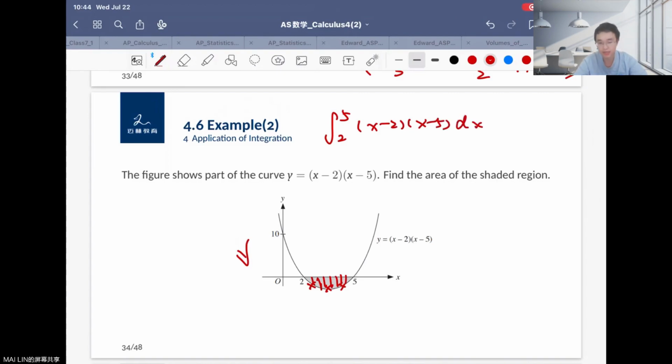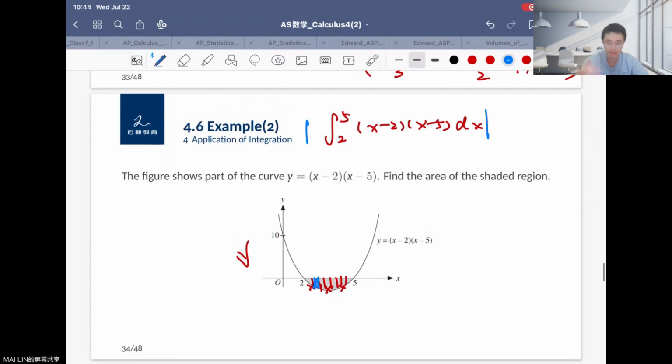But remember that the integration means all the rectangles here, the height times the width, okay. So please remember the height is always a negative value, so it has to be added with a modulus to make sure that the area finally is a positive value, right? Okay, so then you can calculate this equation from 2 to 5,